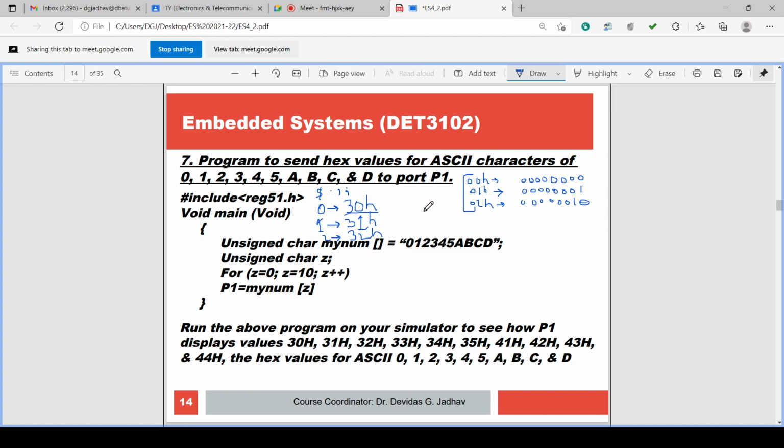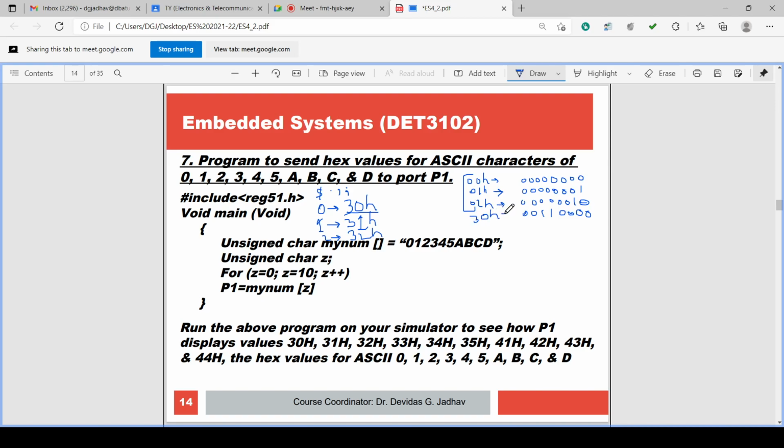How is ASCII 0 coded? ASCII 0 is coded as 30H. What is 30H? Suppose I write here again: 30H is 0, 0, 1, 1, since 3 is 0, 0, 1, 1 and 0 is 0, 0, 0, 0. So this is 30H.